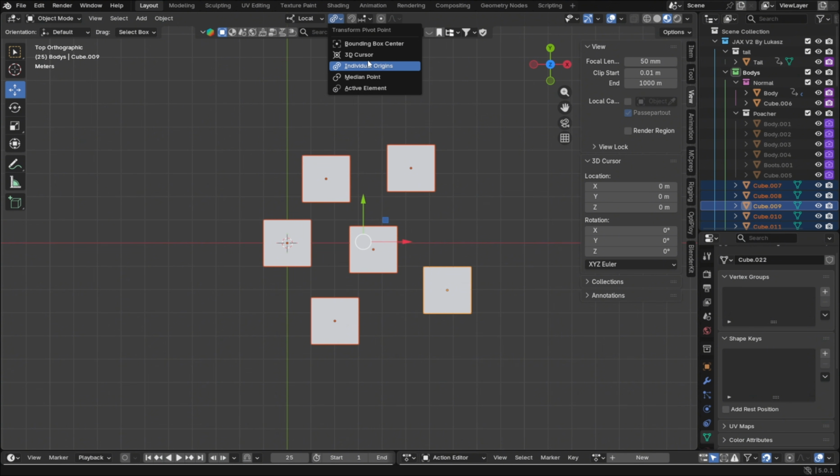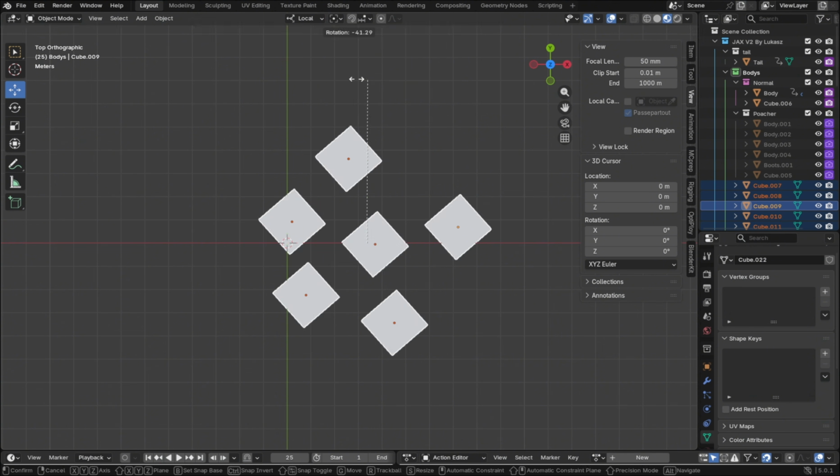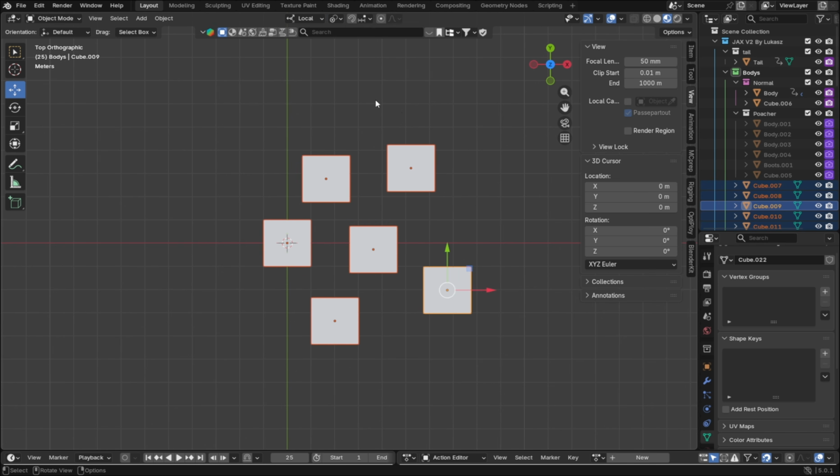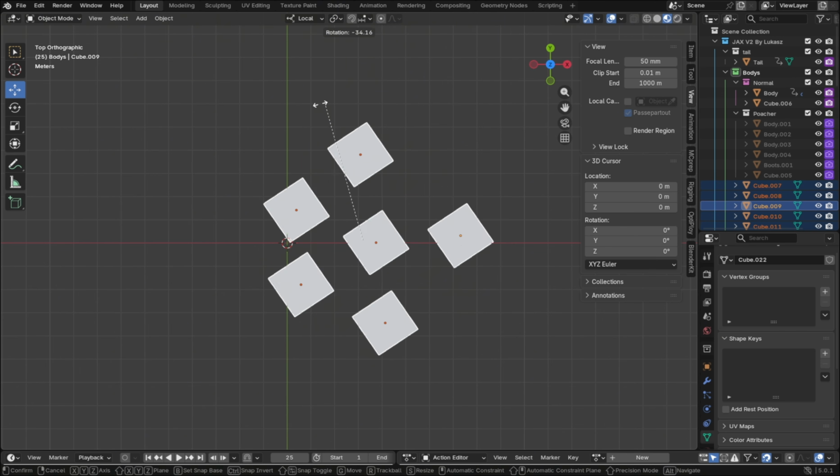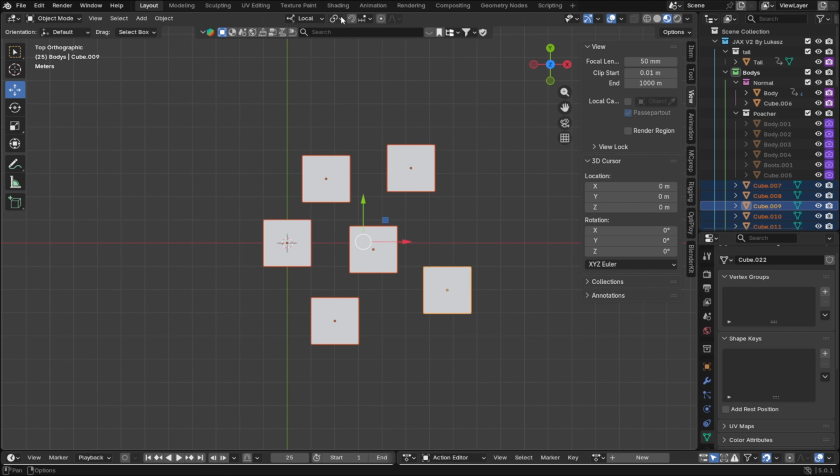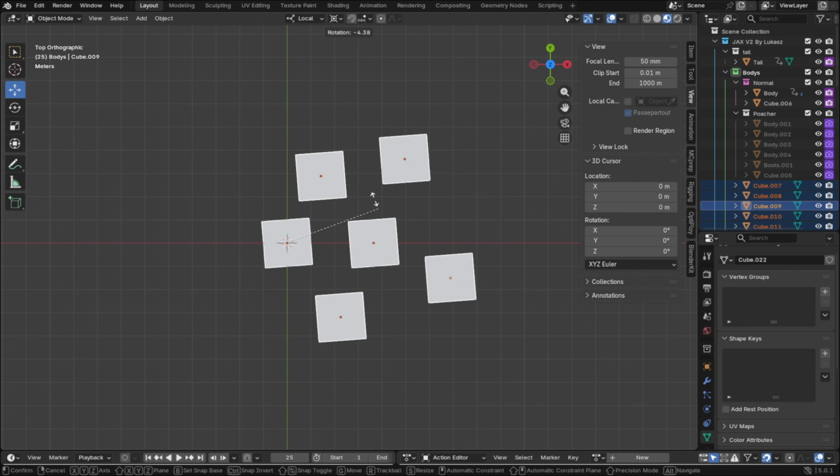And that's just how all of these things go. If it's bounding box, then it just moves all of them as a collective, along with that, just moves it along one thing. I don't really know what this does. It's literally just bounding box, pretty much. I don't really know. And 3D cursor is pretty